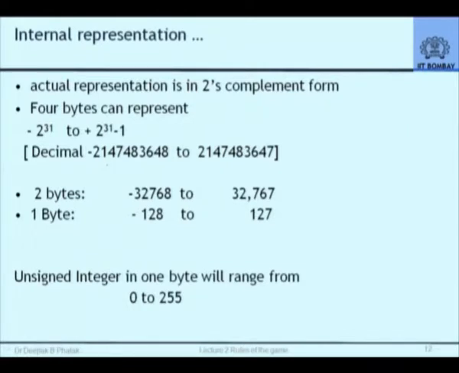So as far as we are concerned, what we should note is, if I have a 1 byte location, it can contain very small numbers. If I have a 2-byte location, it can contain relatively larger numbers. We will take it as approximately 32,000. And if I have 4-byte locations, it can contain still larger. If I have 8-byte locations, it can contain still larger numbers. That is good enough for us.